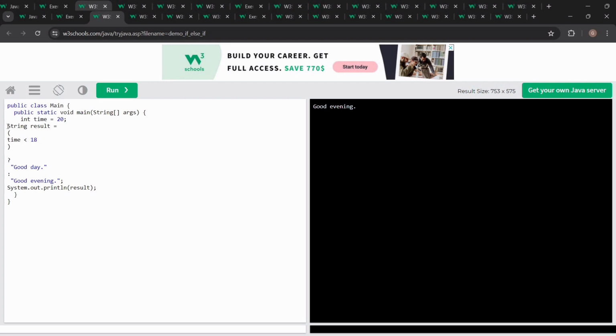See, in time we have given a value. Now here we have the result in one line only, the condition we have given, and we have to check what result it should give.